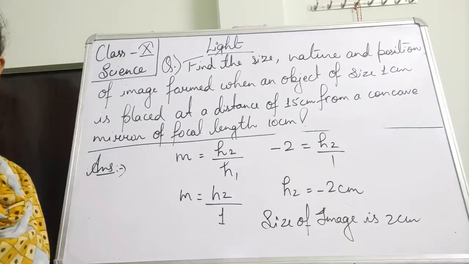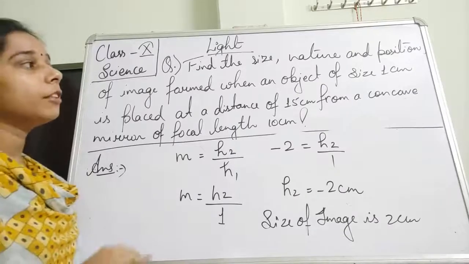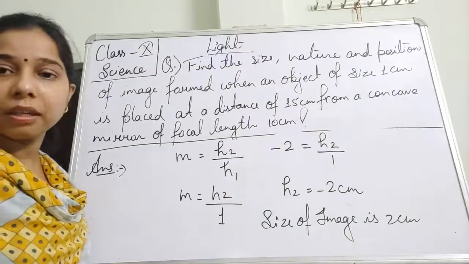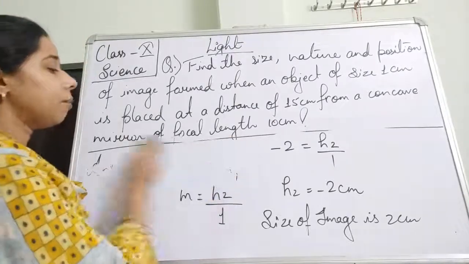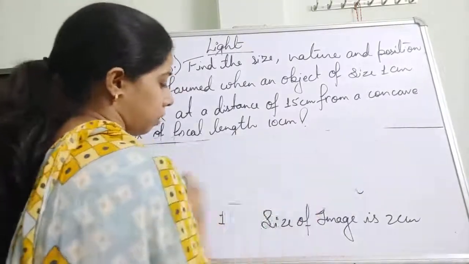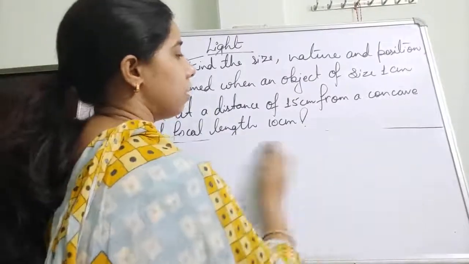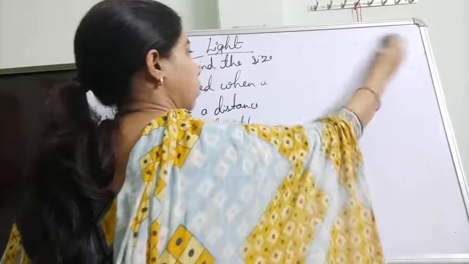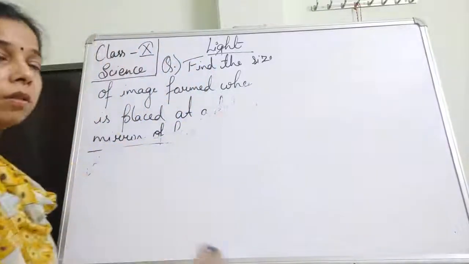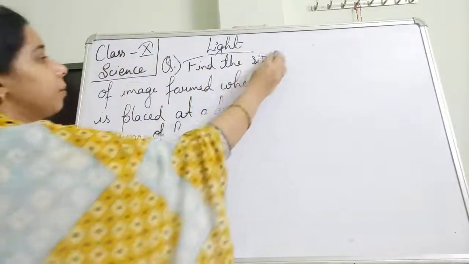Okay. So this is how we can find the size, nature and position of the image formed. Let us see another question related to the same, that is mirror formula. So the question is,